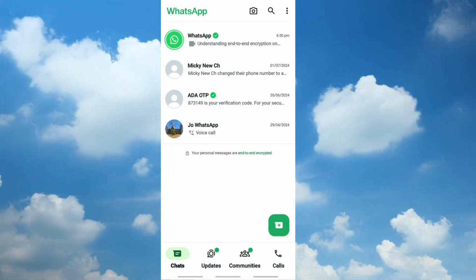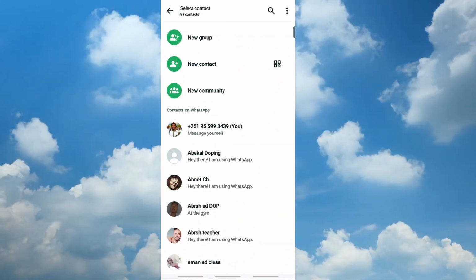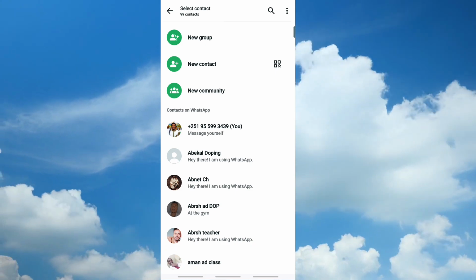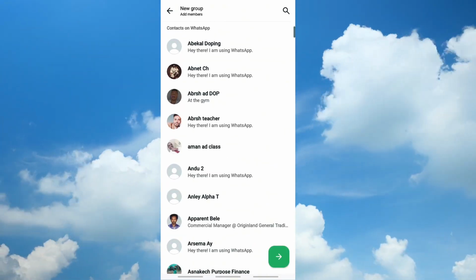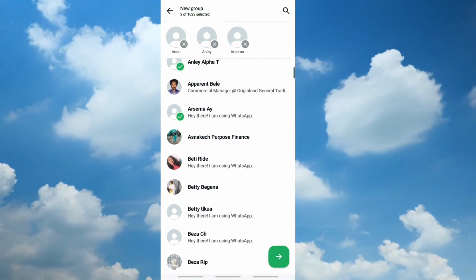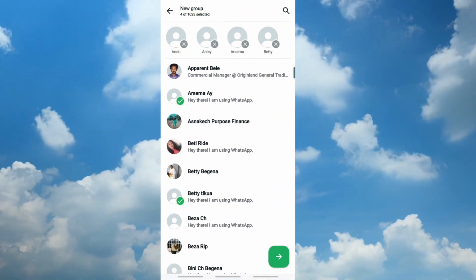So let's click the plus icon at the bottom. Then we click this new group setup. There are some people in our contacts that we can add to our group. So select some friends to add. After we choose the friends that we need to add, we have to click this green arrow to create